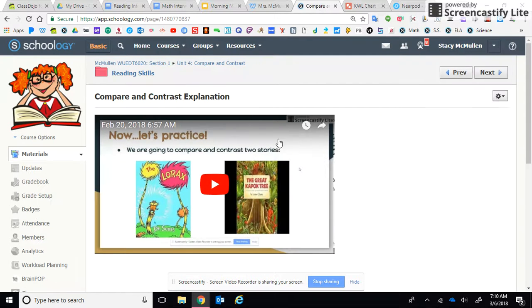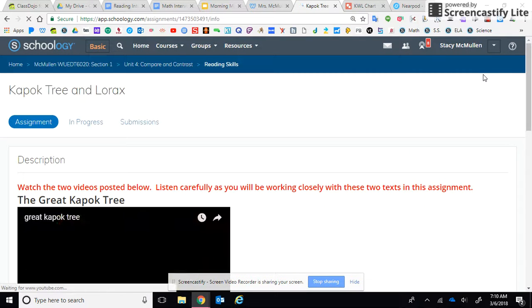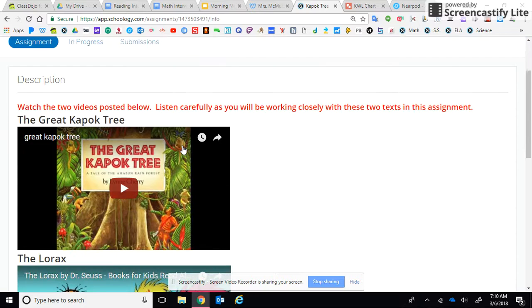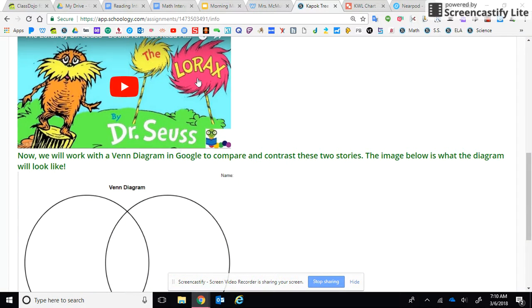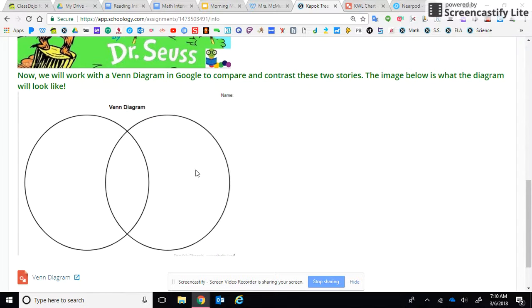In my compare and contrast explanation, I did a screencast introducing compare and contrast terms with a Google slide presentation. And then I also screencasted the next assignment that they would be working on, which happens to be a compare and contrast assignment between the Great Kapok Tree and the Lorax. So they would watch the read alouds and then they would work in a Venn diagram, which is also a